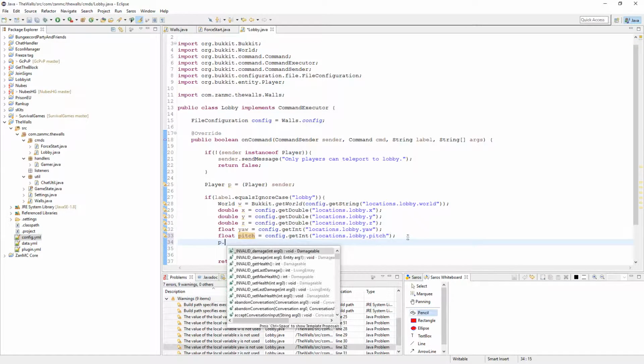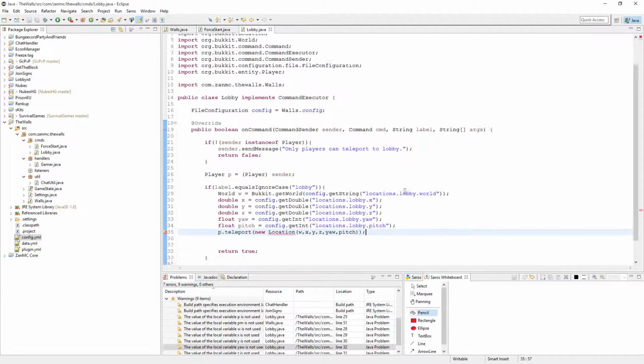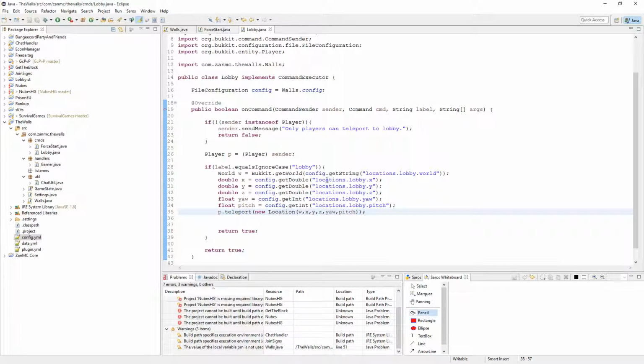Then we do p.teleport new Location. Just do x, y, z, yaw, pitch, like that. I'm not saying a lot of what I'm doing, but as I said, you should have a little